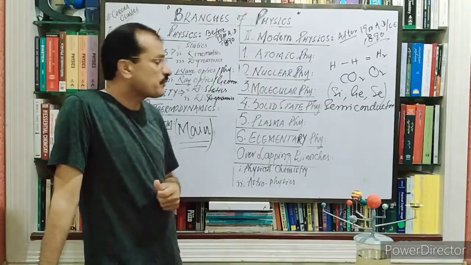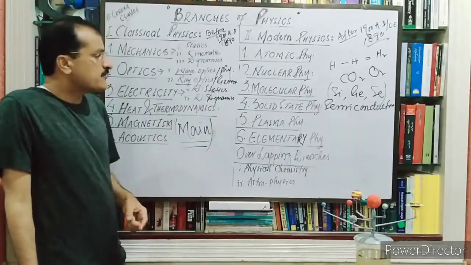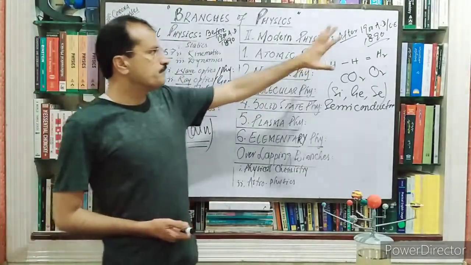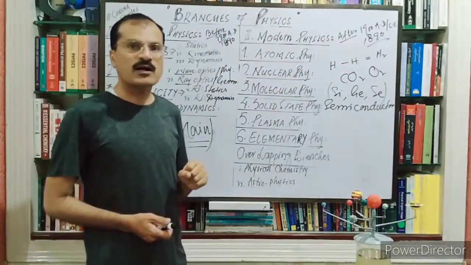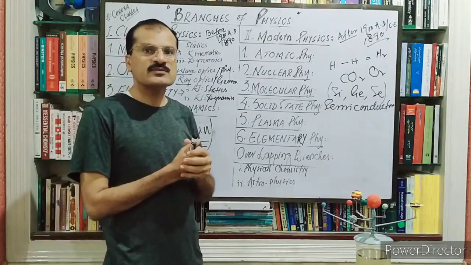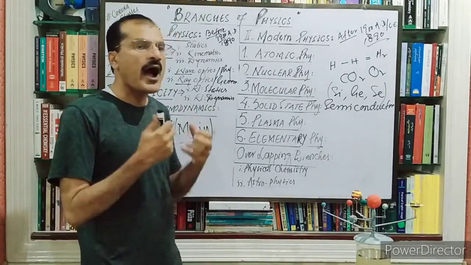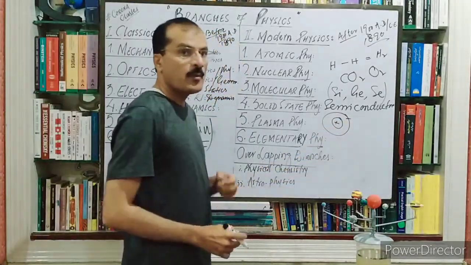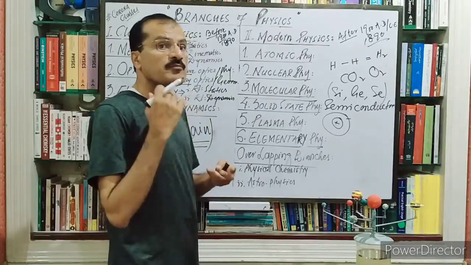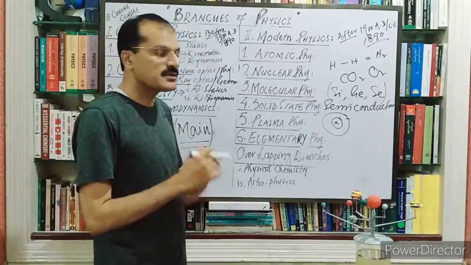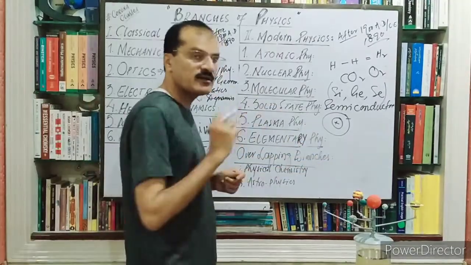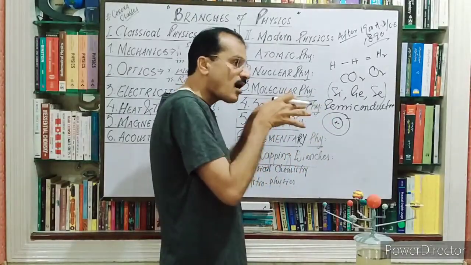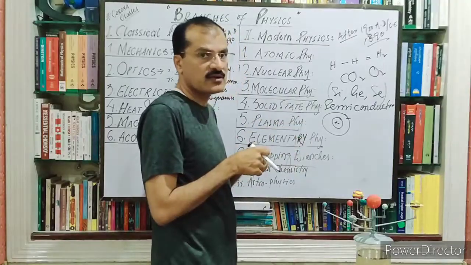Very interesting. Okay, after solid state physics, we have plasma physics. As you know, some particles are molecules, some are atoms, but at a very high temperature, suppose this one is the atom of hydrogen, but at a temperature of millions of degrees centigrade, such as on the surface of the sun, these atoms do not exist as they do here on the surface of Earth.